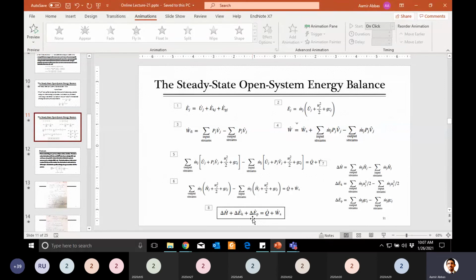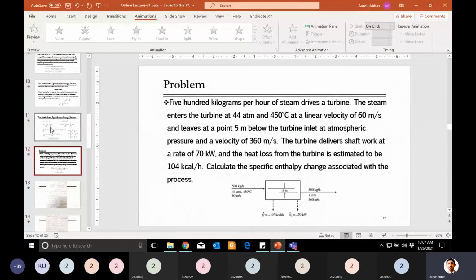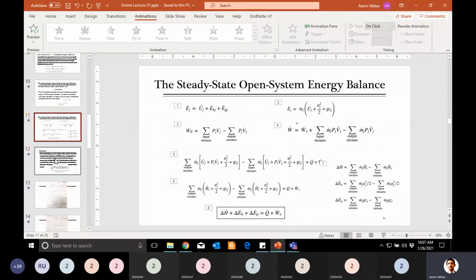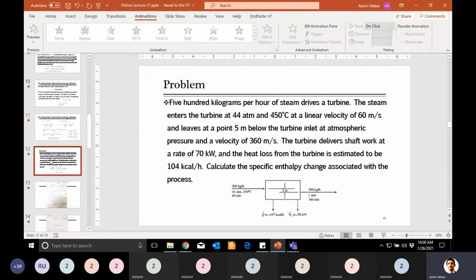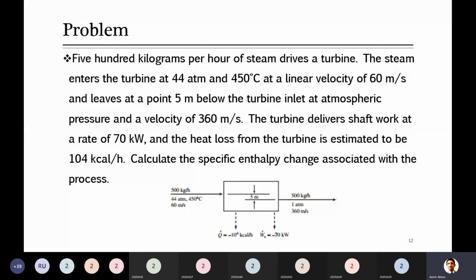some 4 5 steps of derivation, we reach one equation which is used for an open system when it is at steady state. In yesterday's lecture we discussed the things related to this equation: specific internal energy, then specific enthalpy, the work, and then finally all those components were combined in the final equation to get one equation which can be used to solve problems related to these systems. So let's practice that equation by solving these two problems quickly.